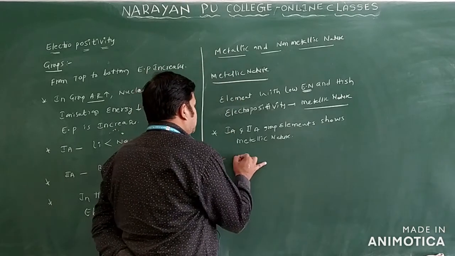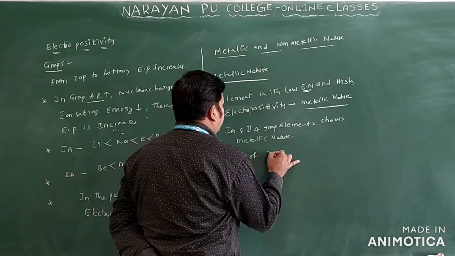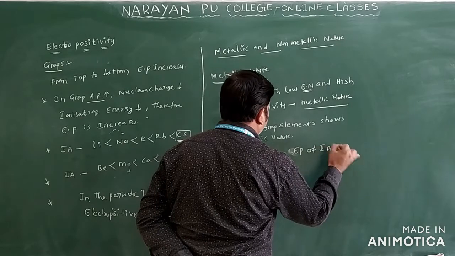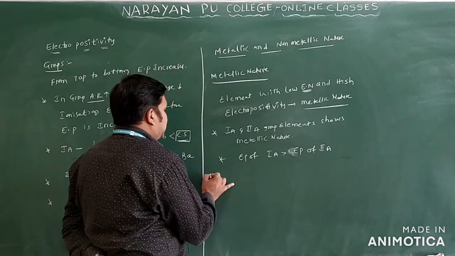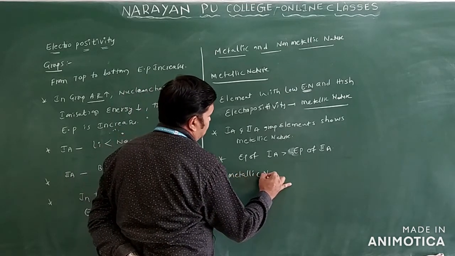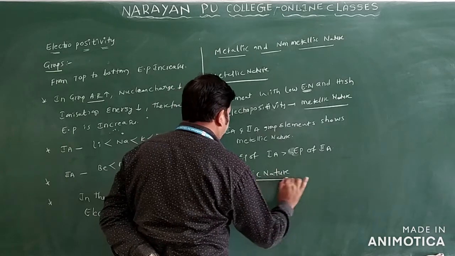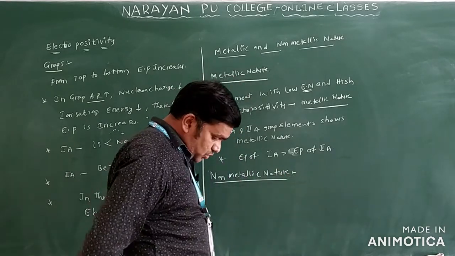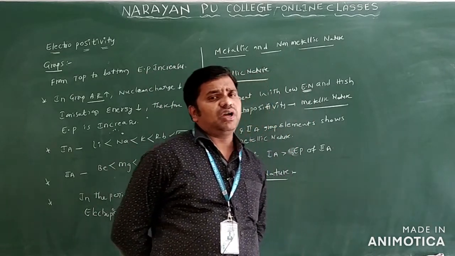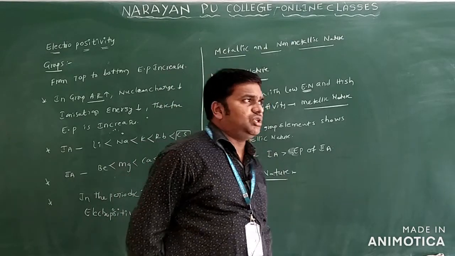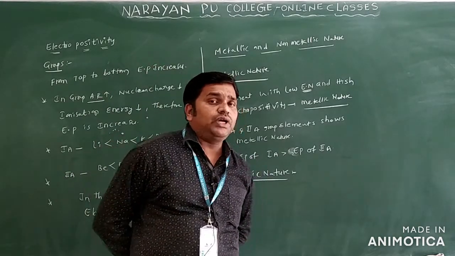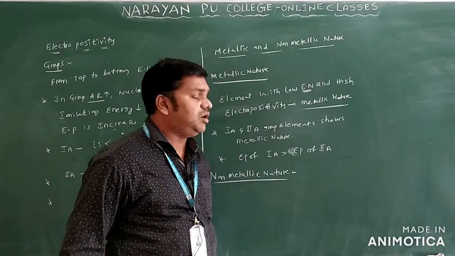If we see the electropositivity, that of first A group elements is greater than that of second A group elements only. Now we'll see non-metallic nature. I already told you, non-metals are generally present in p block elements only. So p block elements can act as non-metallic elements. How can we derive this? Elements with high electronegativity and low electropositivity can act with non-metallic nature only.